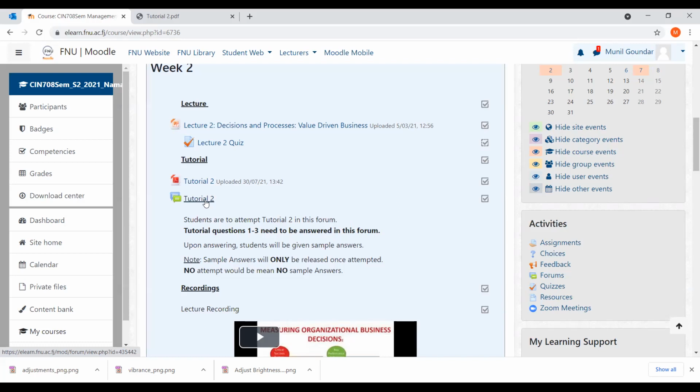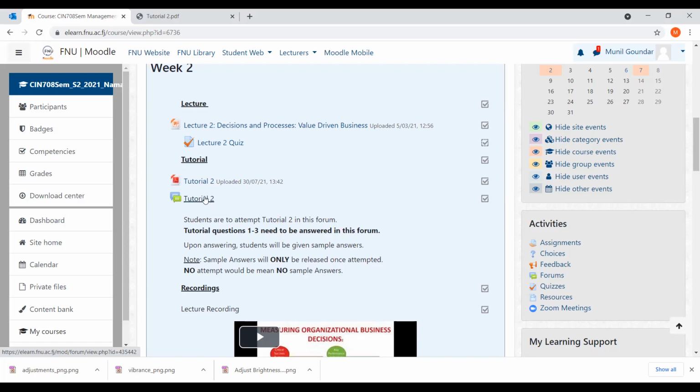So that's on tutorial questions 1 to 3. Now, case study 1 is what we'll be looking at in this class. We'll take about 30 to 45 minutes to read the case study and try to answer the questions, after which I'll give you the sample answers, most preferably by dictating them to you. Should you have any questions or queries, feel free to ask and I will be most happy to answer them.